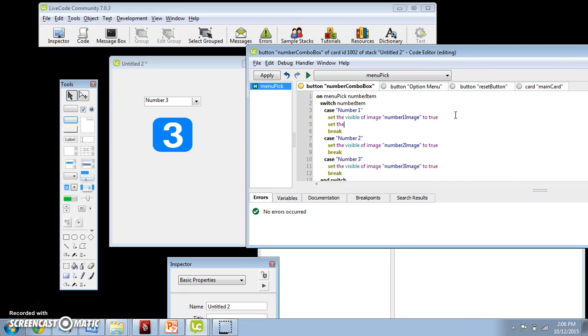I prefer this actually. So we're going to say set the visible of image number 2 image to false,